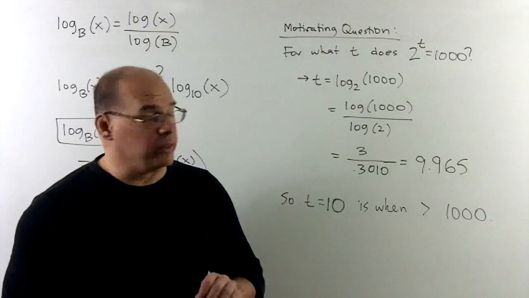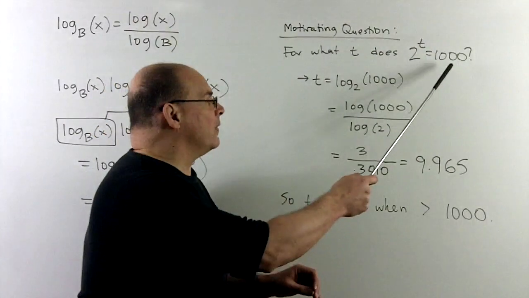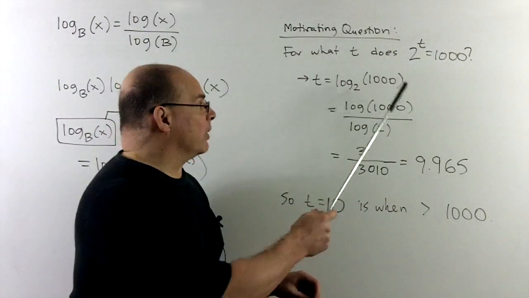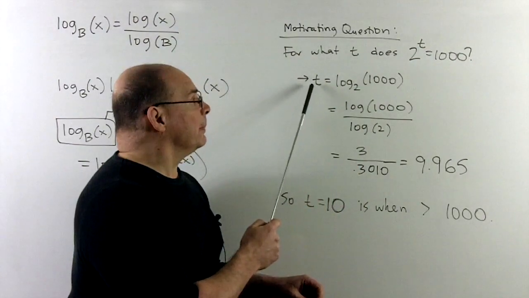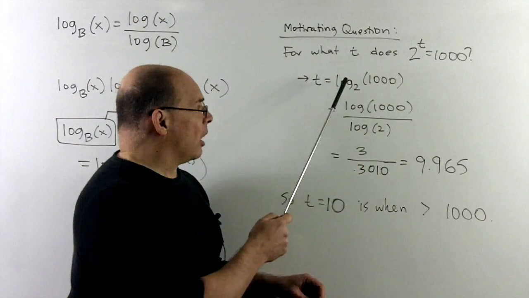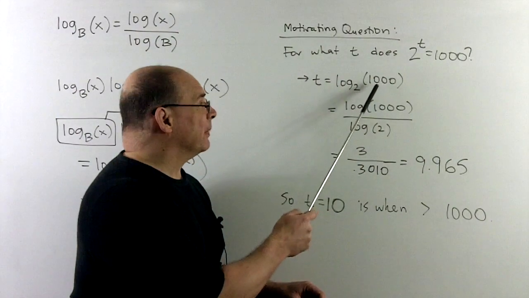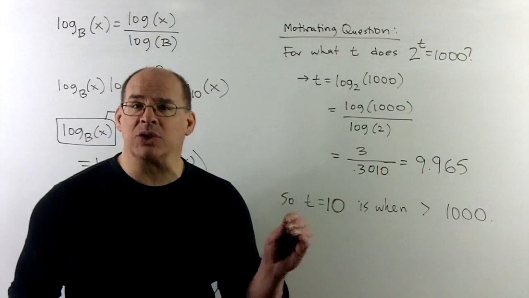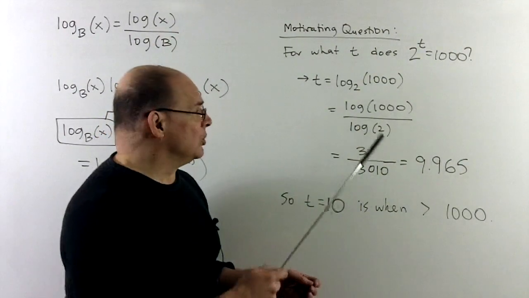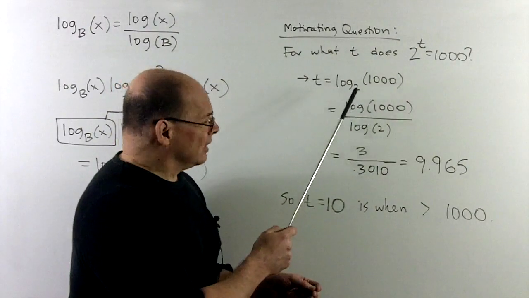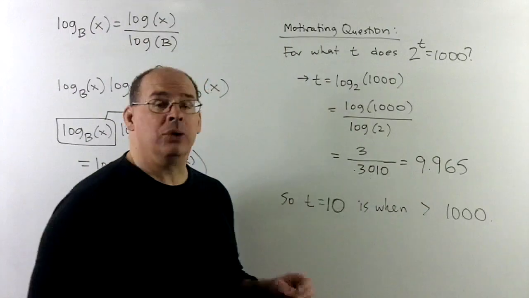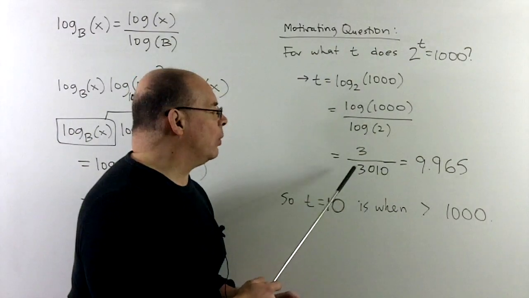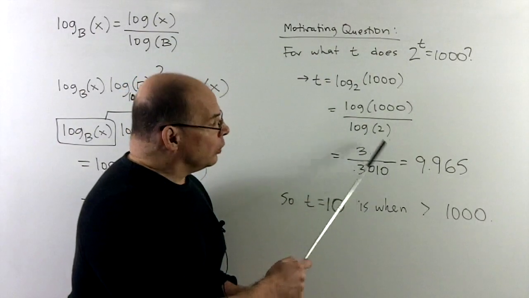Let's do it using logarithms. If I have 2 to the t equal to 1,000, remember we have base, answer, exponent. I put it in logarithmic form. The exponent is t, so that's what we're looking for. Our base is 2. Our answer is 1,000. Now, log base 2 of 1,000. I don't have a key for that on my calculator, so I have to switch to base 10 or natural log. We'll just use base 10. I have log of 1,000 over log 2 using our formula. These I can put in the calculator, which gives a 3 over 0.3010. We simplify and we get